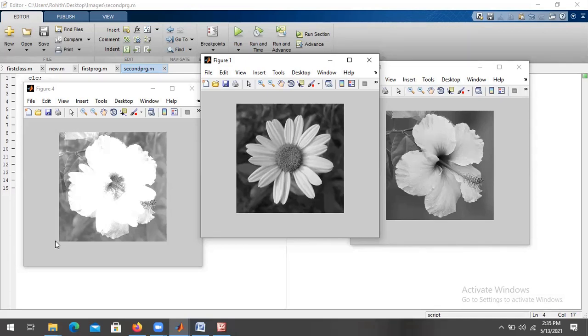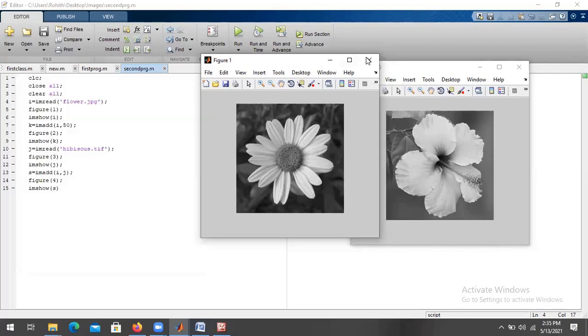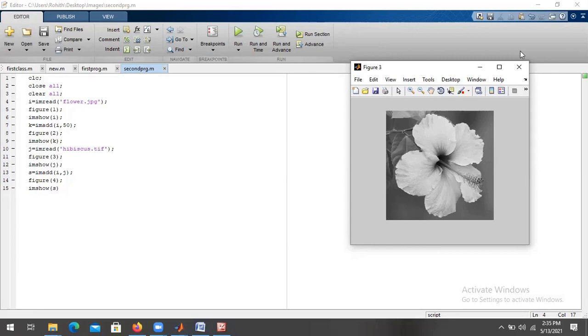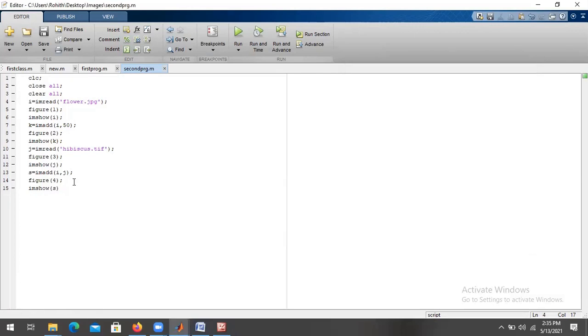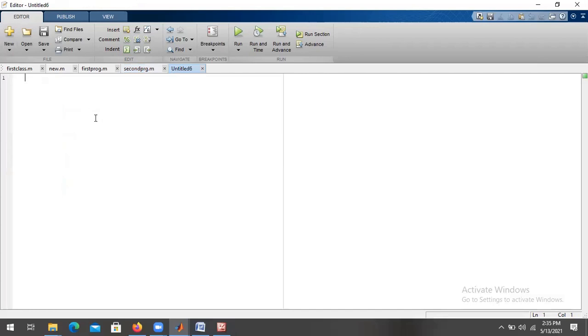So this is adding of two images. Mostly in watermarking cases you can use this. And yeah, you can go with subtraction also. Like if you have gone through addition, you can go with subtraction also.